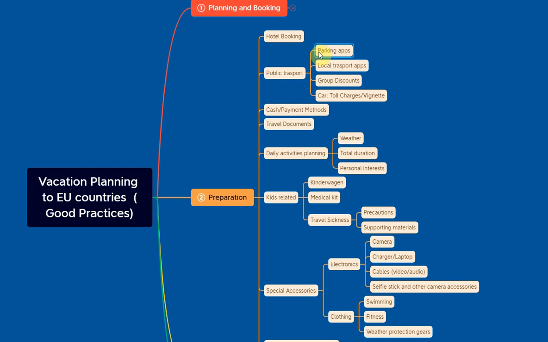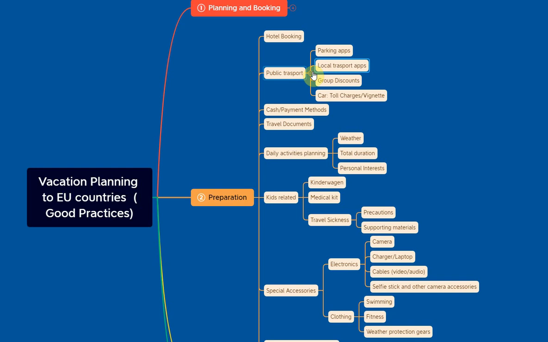If you have already installed them and the payment modes are already set, it saves you a lot of time on site while you arrange parking around your stay and the places you want to visit.